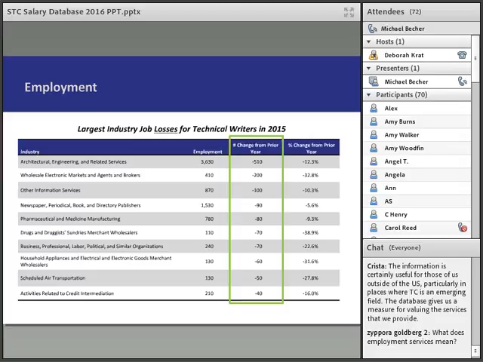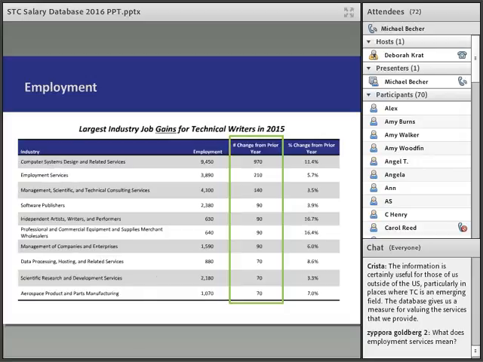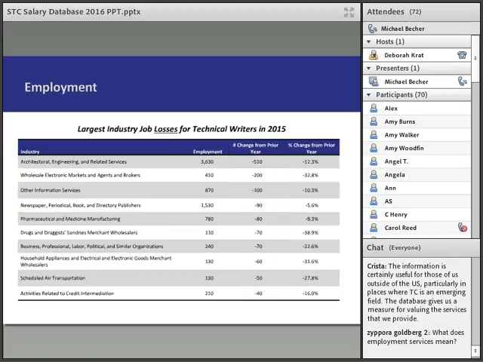So looking at the job losses, what does employment services mean? I'll go back real quick. Employment services, I don't have the exact definition, so I don't want to speak incorrectly on it. It's just an industry level provided by the BLS. I'm sure if we go to their website, they would have more information on that. I don't even want to say exactly what it is since I don't know the full definition.